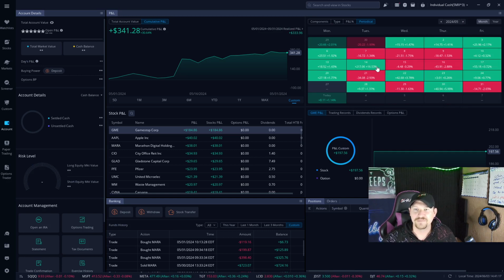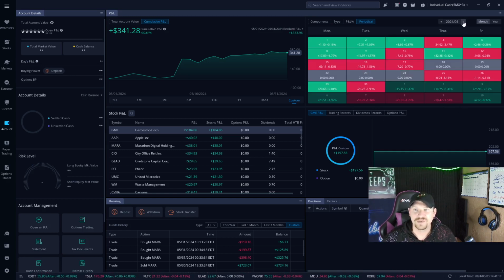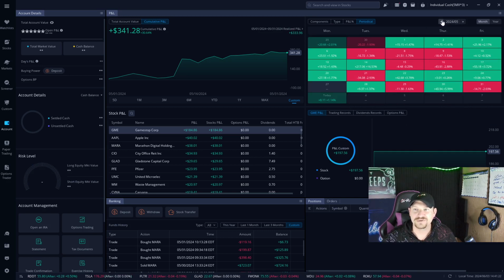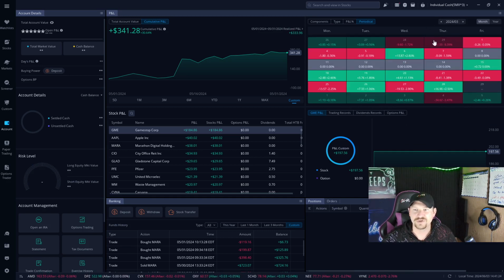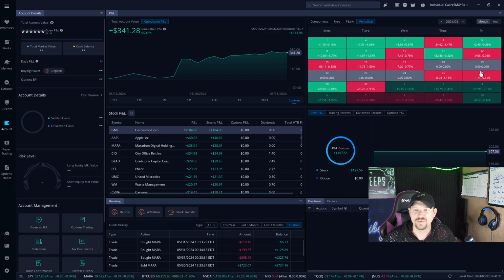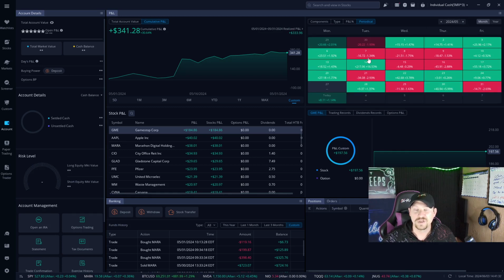And then in May, a lot better. Look how much green there is in May. And I didn't miss a single day of trading. See how I missed some days of trading kind of all over. I missed a week there, which is opportunity. I missed a week of opportunity in March. I missed a week of opportunity in April. And now you're seeing way more green days, higher numbers in May to go along with this number, 341. So $20, $15, $14, $25, $23. $18,